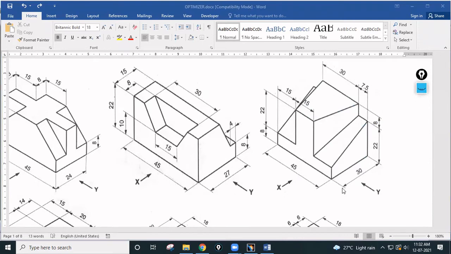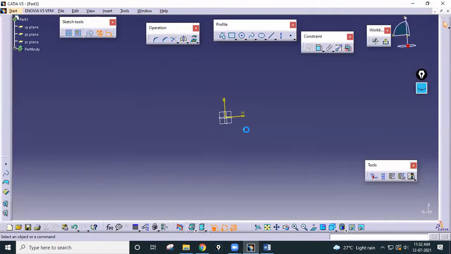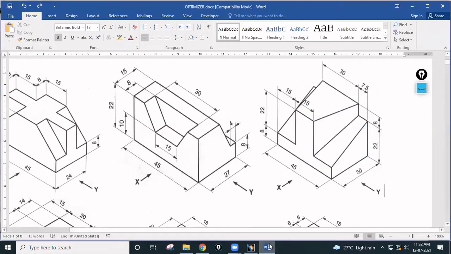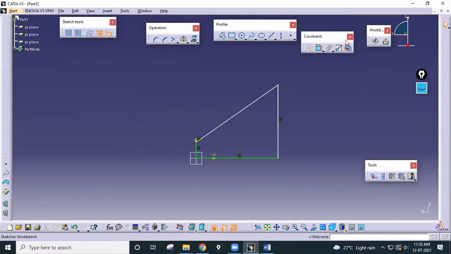So let us start with this cross section. So sketch this face, just draw the profile, and after that you can give the dimensions. Okay. So one thing you have to keep in mind, that all the sketches should be fully constrained.